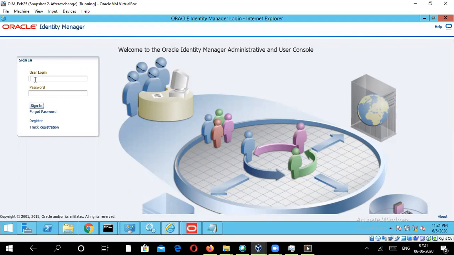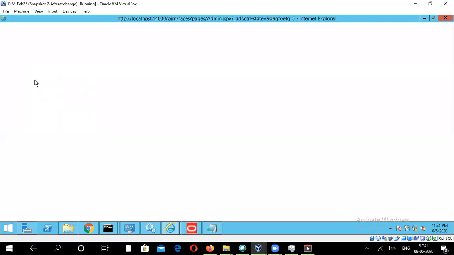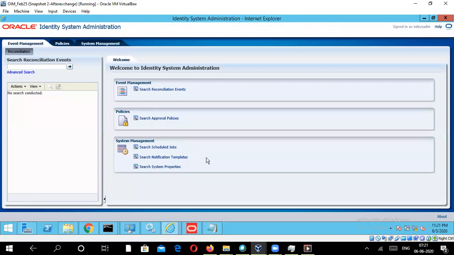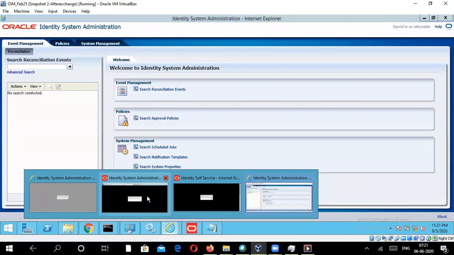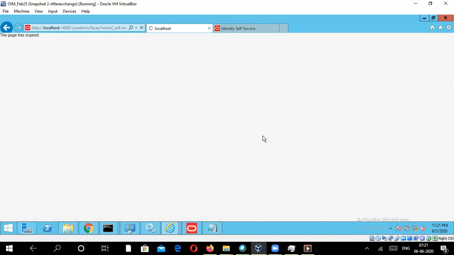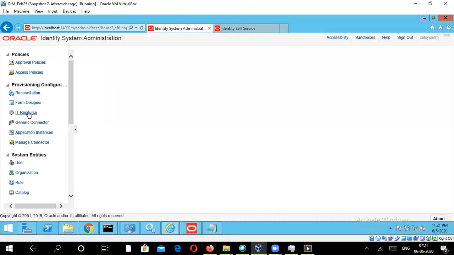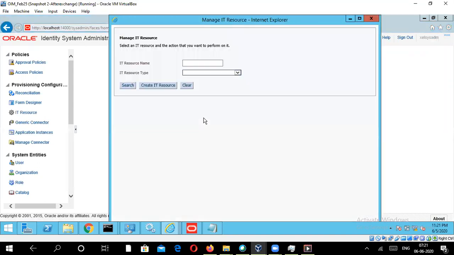So let me log into my OM admin console. I think I've already signed in. I'm going to click on the IT resource parameter here.